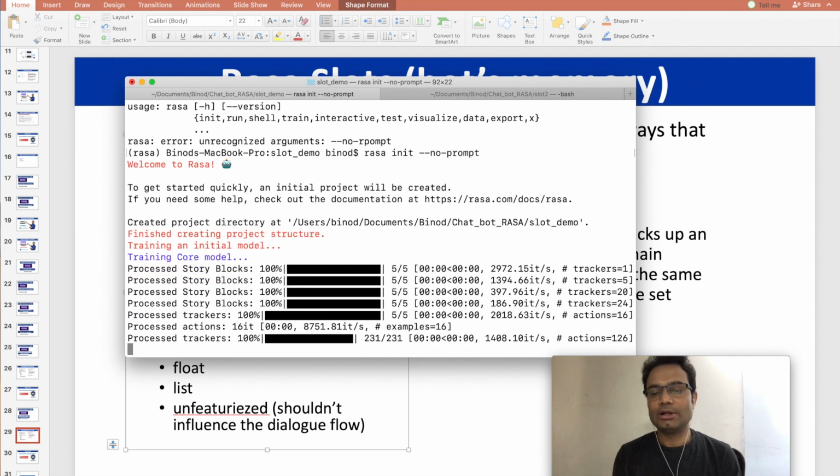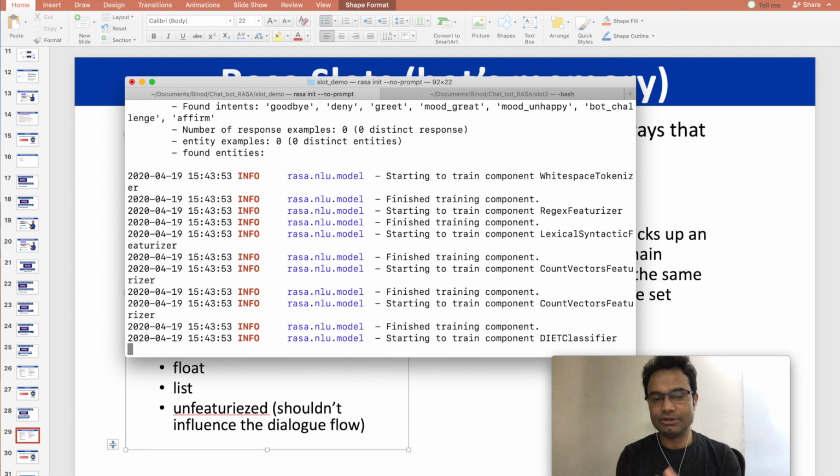visiting my previous videos to get all about those things. Okay, this video is particularly for the bot memory slots, how they work. So I created the new project, and this is the way to create a new project in the Rasa framework. Once it is created, then we open one IDE or any